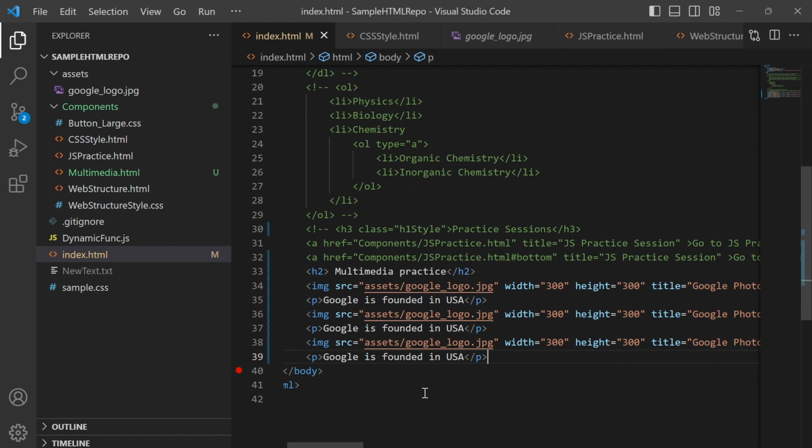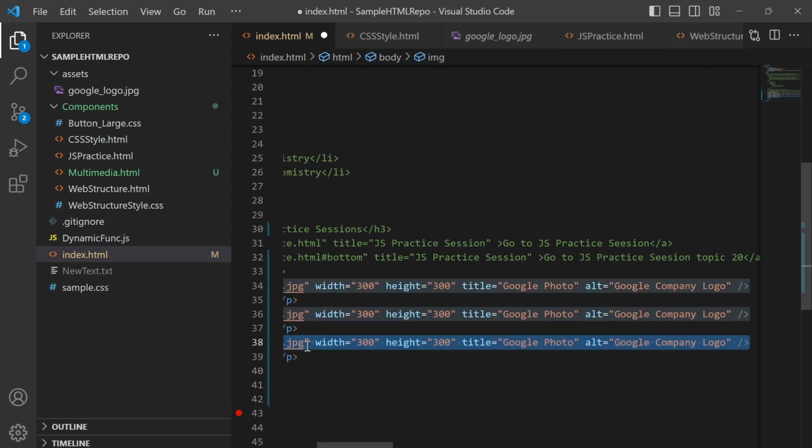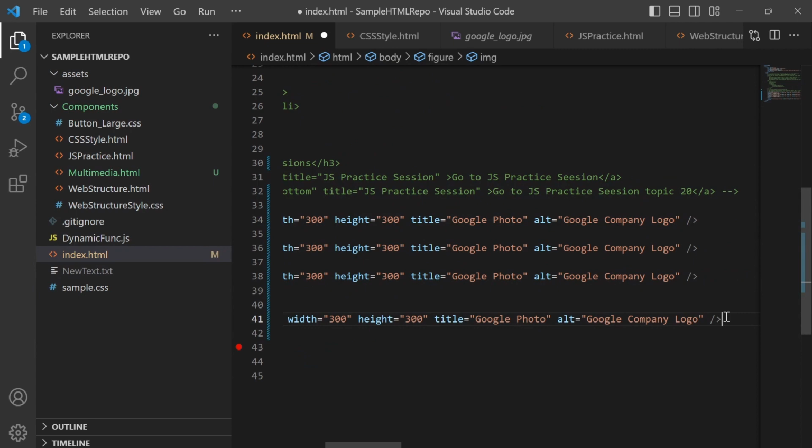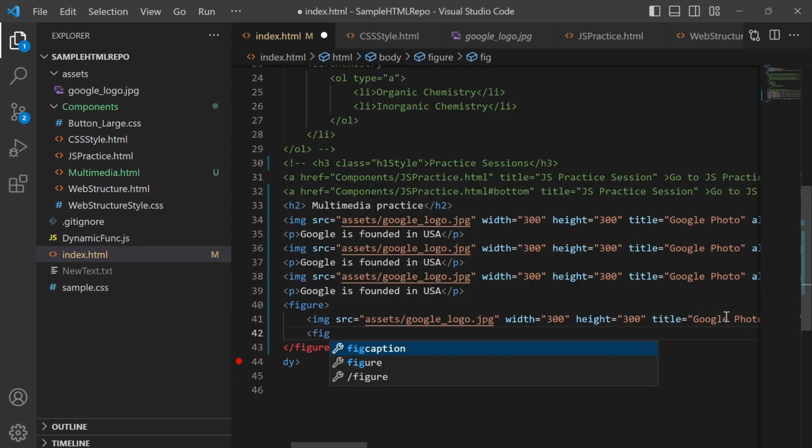We have the figure element to combine or link the image and caption, and this way we can tell the browser that these two things are linked: the image and caption are linked to each other. In the other way we are not able to tell the browser that these things are combined, that this image and this text are related to each other. But using the figure tag it is possible for us to tell the browser that these things are related to each other. I have used an image and then I will use figcaption